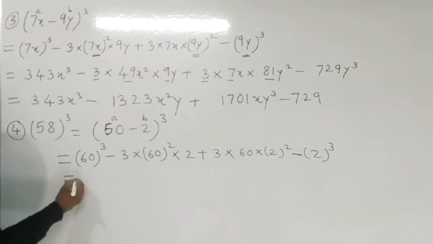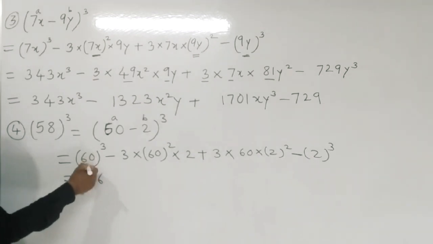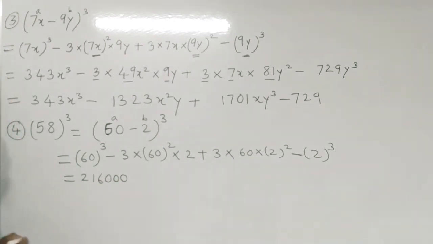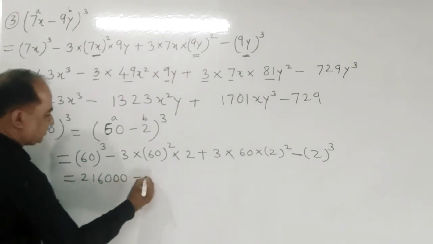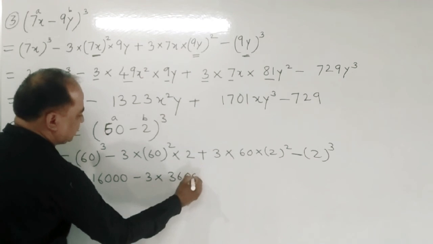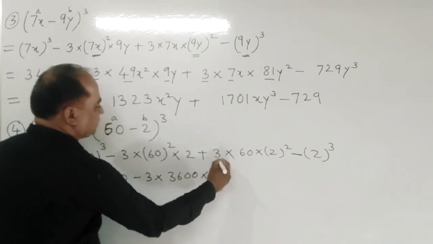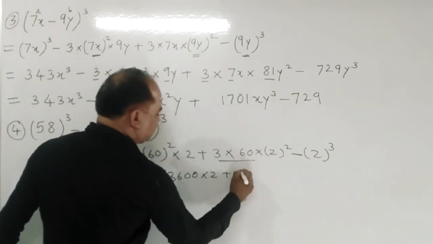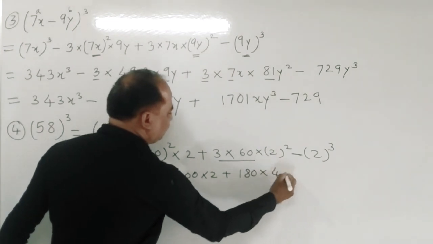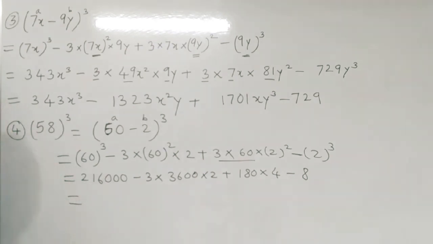Now the cube of 60 is 216,000. 60 into 60 into 60, 3 times, so 3 zeros will come after 216, minus 3 times 60 square. 6 square is 36, so 60 into 60 is 3600, 2 zeros, into 2, plus 3 into 60 is 180, into 2 square is 4, minus 2 cube is 8, which is equal to